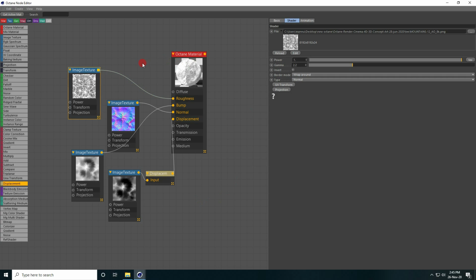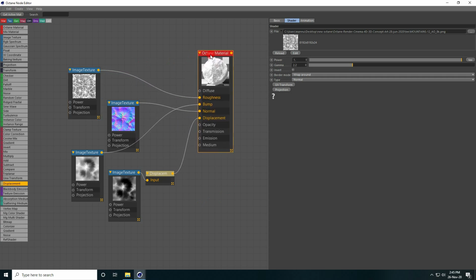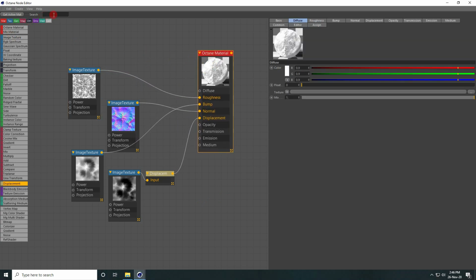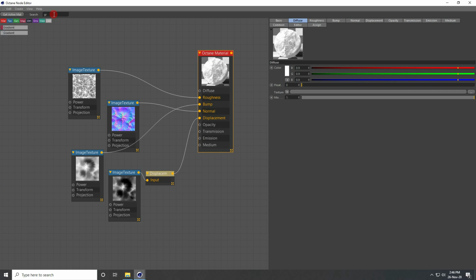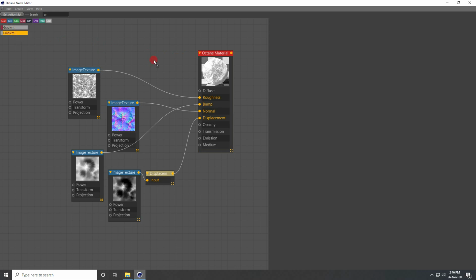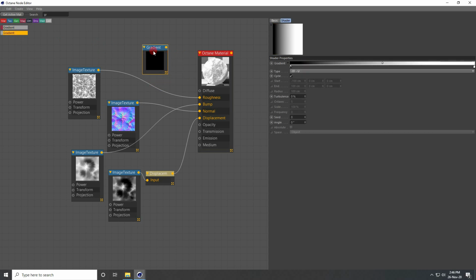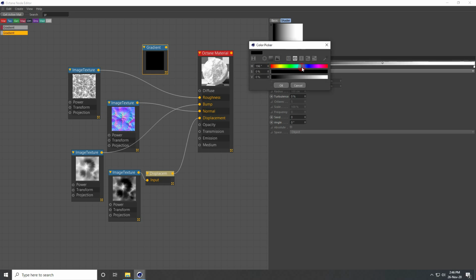Okay, so now guys, I create a gradient effect. So type gradient, select this gradient, not this one, yeah, select this one, and change color. Take blue color, blue, yeah, right, and press OK.